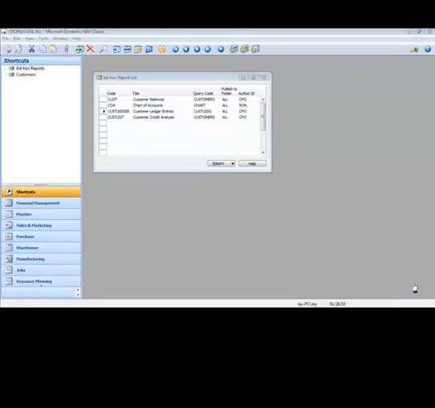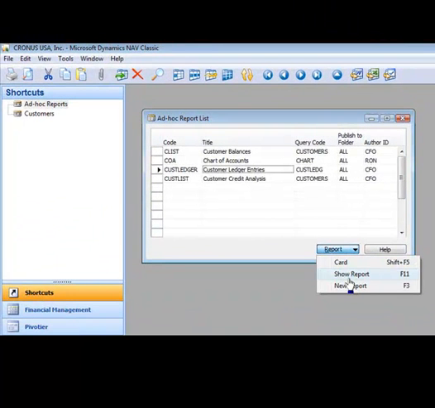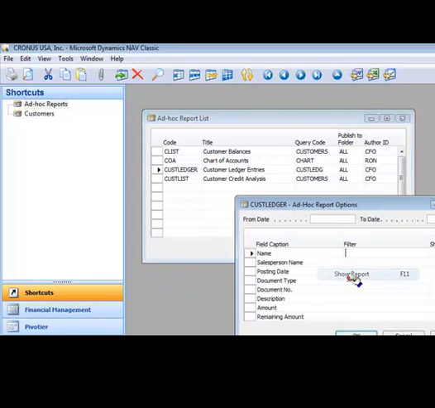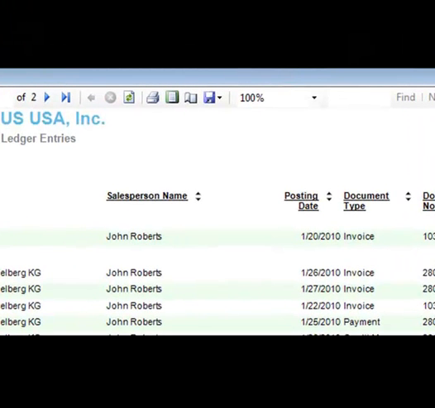When we pick an ad hoc or a financial report in Pivotier and choose to run it by hitting F11 Show Report or F9 in the role-tailored client, the report is executed and rendered and displayed in the Microsoft Report Viewer control. Here's a customer ledger entry report example, and as you'll notice, we have 2 pages in this report, and we can scroll between pages,